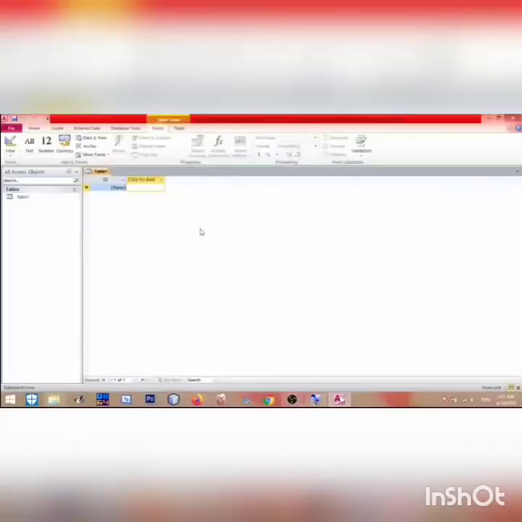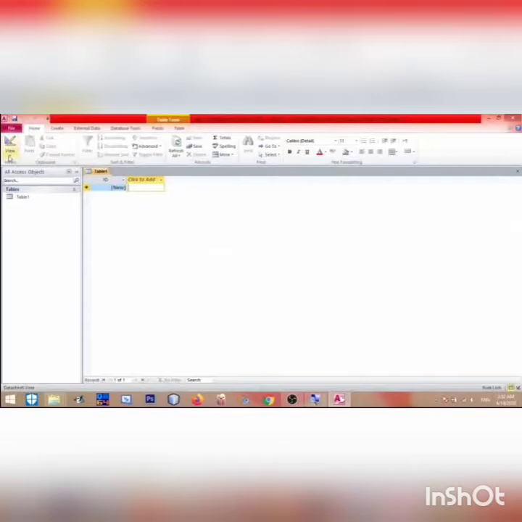So yesterday we have seen how we work on the datasheet view. Usually we don't work on the datasheet view because this is just a view for a sampling. We commonly work on the design view because this is the main important point on MS Access. So today we will learn how to work on a design view.